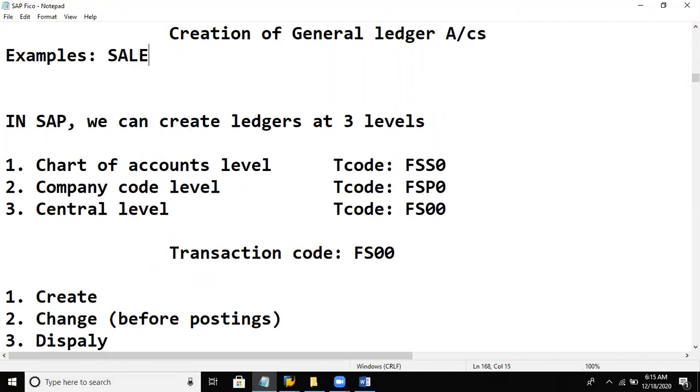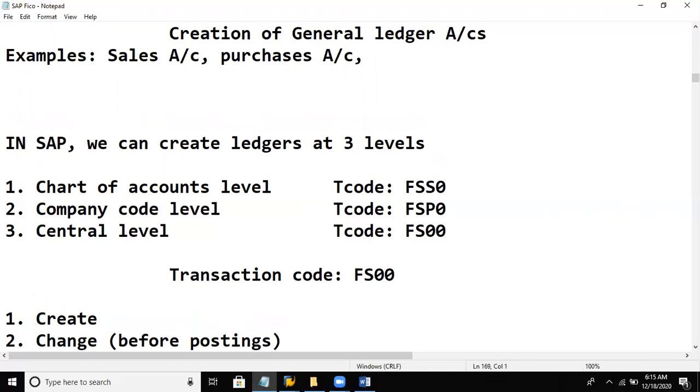Like you can say sales account, and purchases account, let's say capital account, or let's say some machinery account. So these are your general ledger accounts, right?